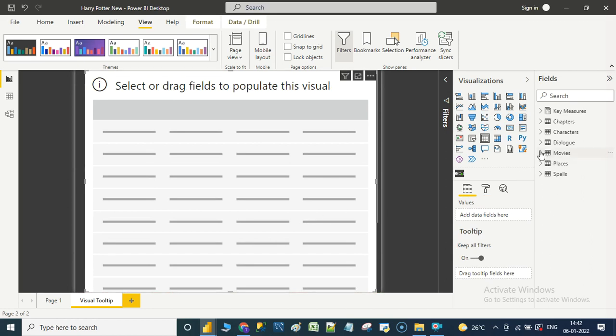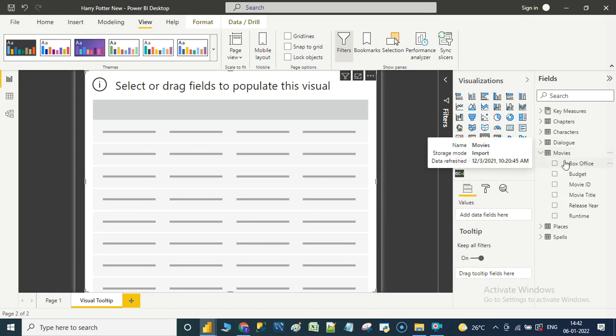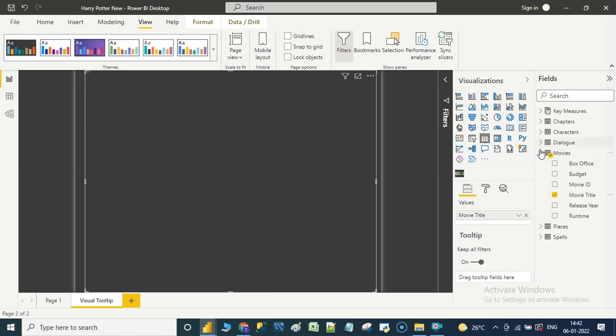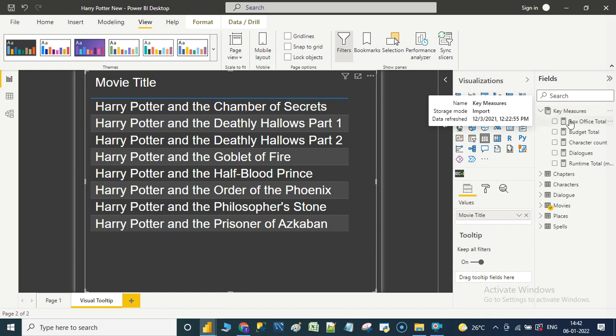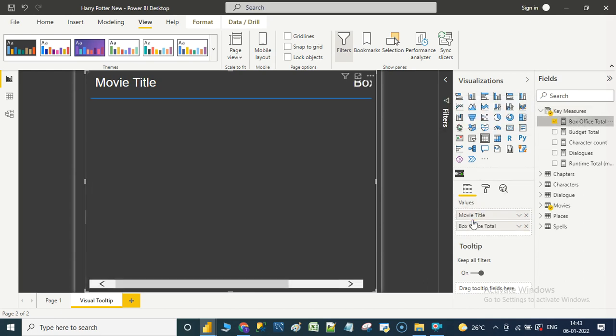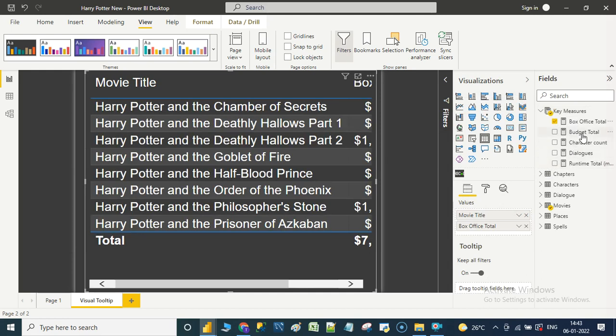Let us take the movie information from the movies data table, movie title, and let us take some key measures such as box office total and the budget total. Now this particular visual will be our base information that would act as a visual tooltip.